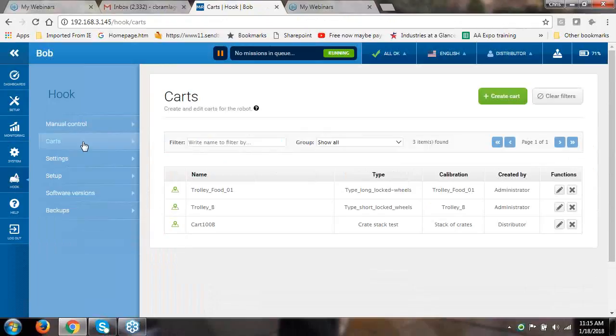And then once you've done that, you have the ability to add picking up a cart in the mission queue, and you can specify a particular cart to pick up in a location, or you can pick up any cart in that given location. I won't go too much into the weeds on carts. It's pretty specific to the application and takes a little while to set up each of the carts so that